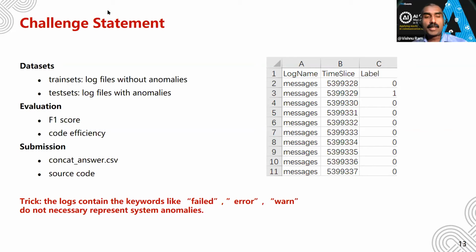Why does the training set have no anomalies? Okay. First, in the real world, it's very difficult to give labels to the train data, because the train data is very large.